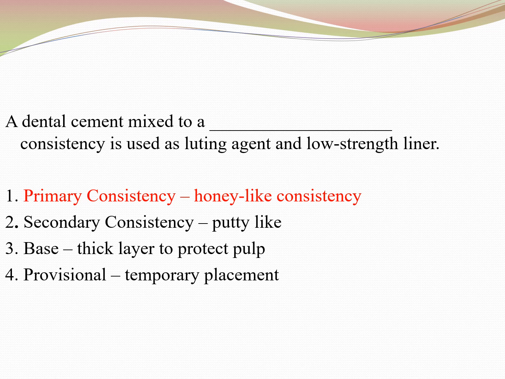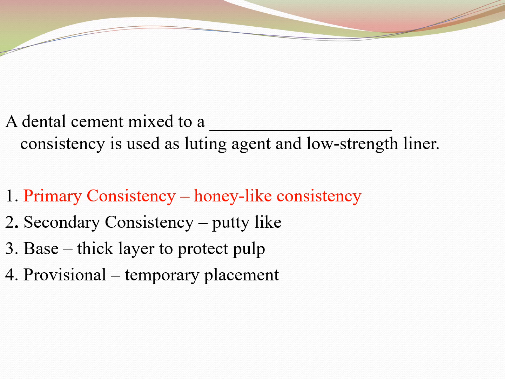Okay, a dental cement is mixed to a primary consistency. We're going to discuss these. That is a honey-like consistency. It has to be thick enough. And a luting agent, if you see that term, luting means cementation. And they'll use some of those terminologies. Low strength liners, the primary consistency, a liner, they would put that at the base of maybe a restoration because